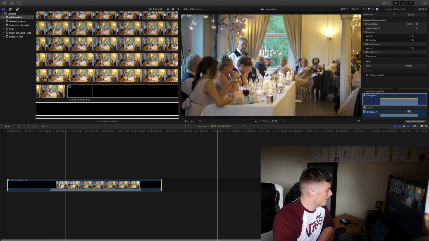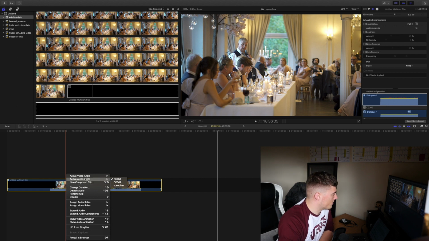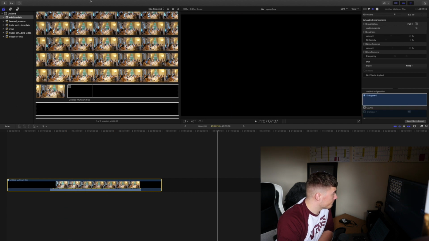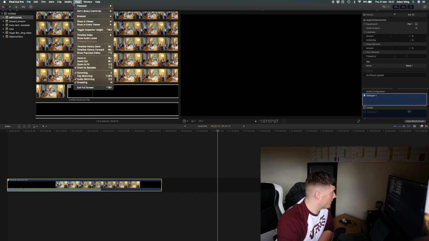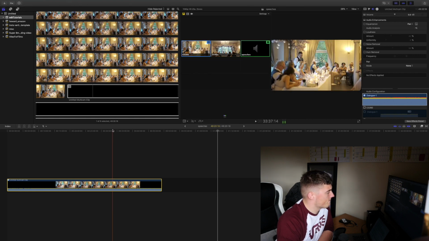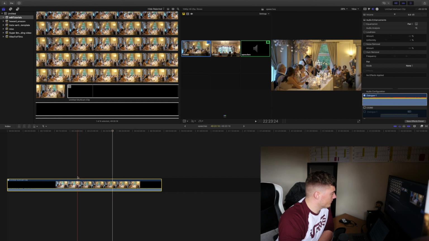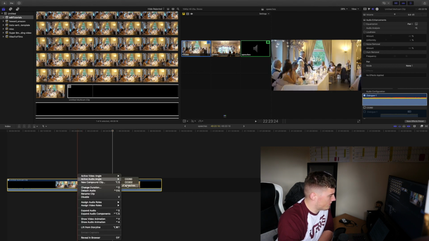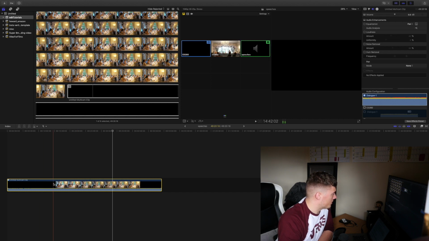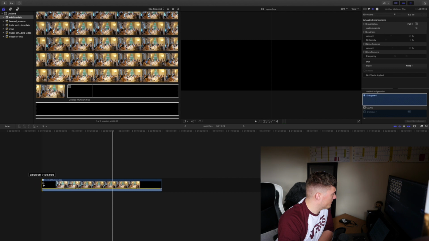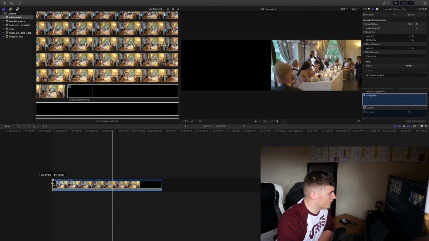Now that I've got my file down here, the first thing I need to do is set the audio. So I'm going to change the audio angle to speeches. Now, of course, you could use the angle viewer up here somewhere, but to be honest, I don't really need it. I'll leave it on, but I don't really need it. All I need to know is that the audio is set to my audio file from the TX650, and I'm just going to trim the fat here until we get into when the actual